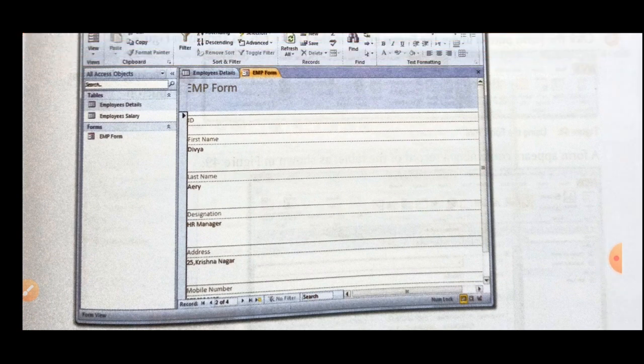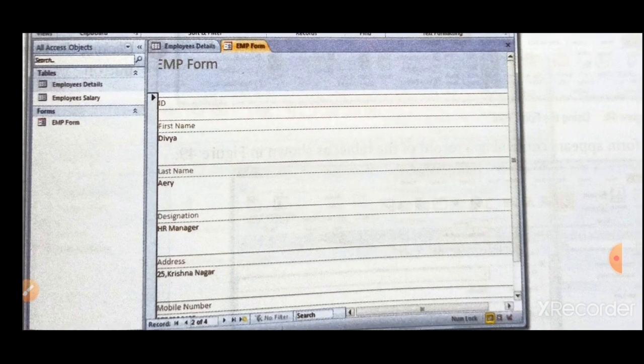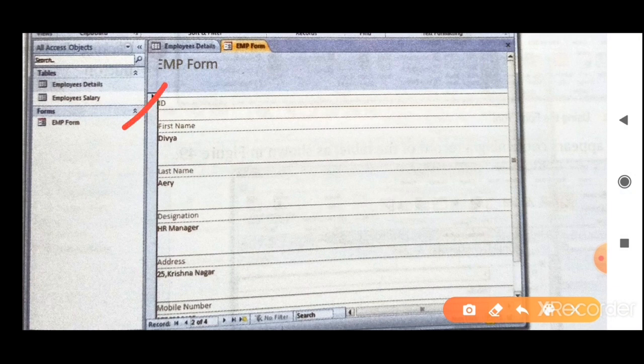Here we are viewing the database. So how can we enter the data in the database? If you want to enter any new data in the database, just fill the fields or the attributes that are given in the form. The ID number is required, so fill the ID number of any new record that you want to enter in the table.